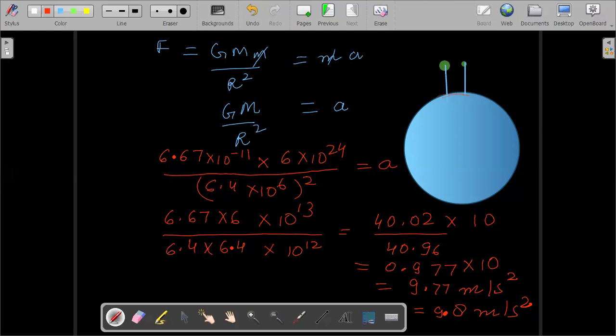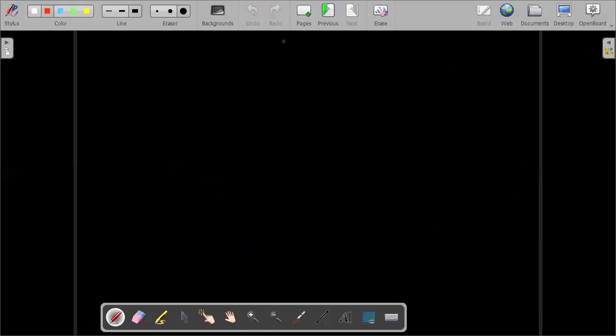So this is the amount of acceleration. Now see what it actually means. We have to understand this. There are a lot of questions based on this. It means that over here on the surface of the earth, suppose this be the surface of earth, and you